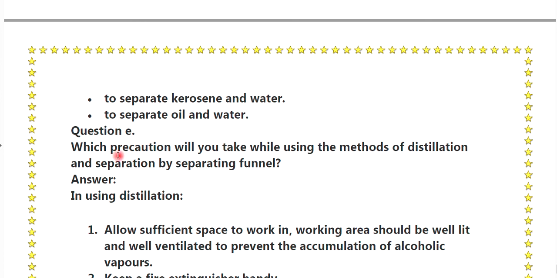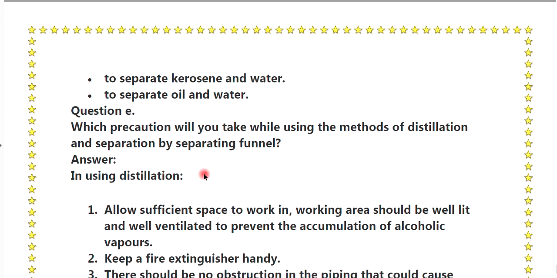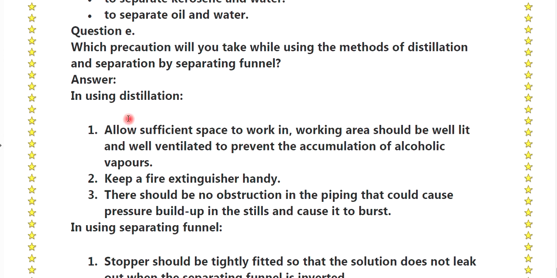Question number E. Which precautions will you take while using the methods of distillation and separation by separating funnel? Answer. In using distillation, allow sufficient space to work, and the working area should be well lit and well ventilated to prevent the accumulation of alcoholic vapors. Second point, keep a fire extinguisher handy. Third point, there should be no obstruction in the piping that could cause pressure build up in the stills and